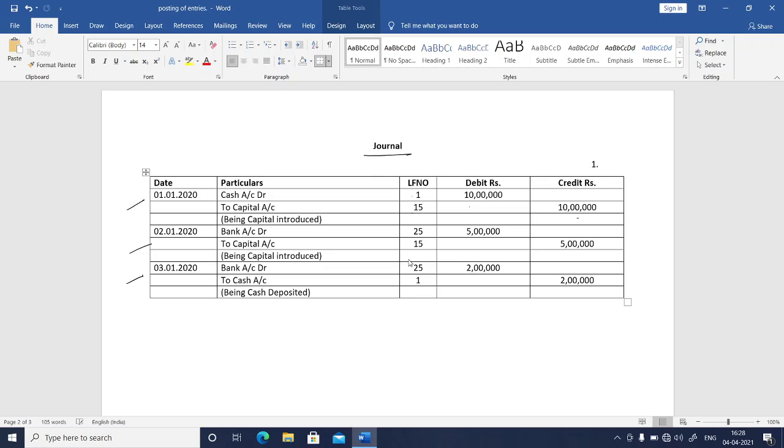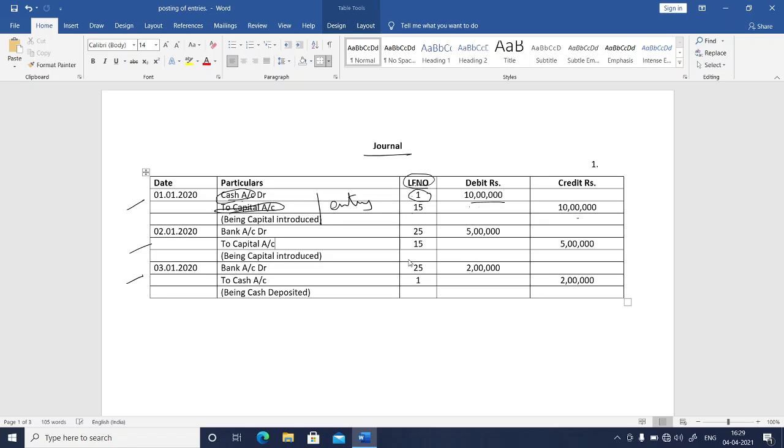In the journal, this is called an entry. So this is a journal entry. Now, what is this journal entry telling you? The journal entry is actually telling you to go to cash account in the ledger. LF number means ledger folio number. Go to page number 1 in the ledger and debit cash account with 10 lakhs, and go to capital account